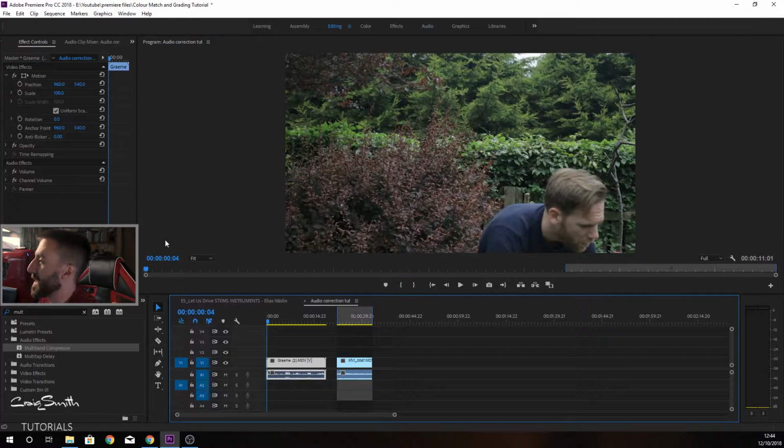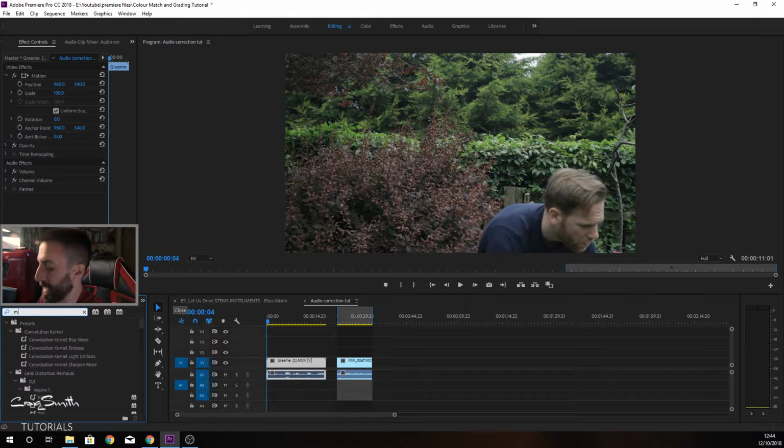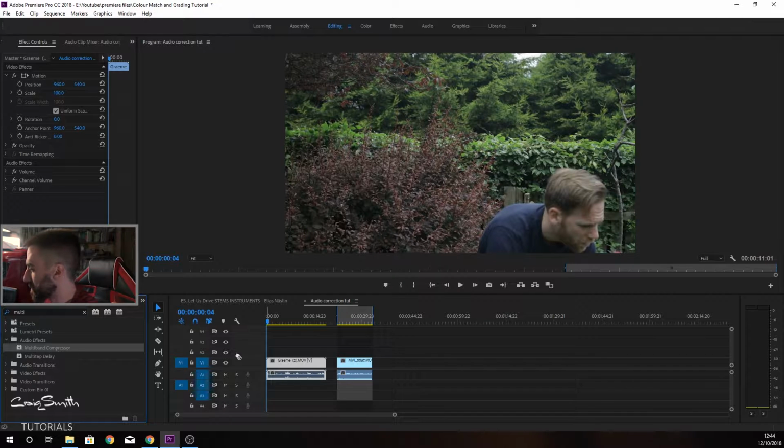We go into the editing tab, where your edit controls are, and then go into effects. If it doesn't show up here, click on the double arrow and it's there, and then just type in multi. I already had it typed out. Drop it onto your clip and then it'll come up with